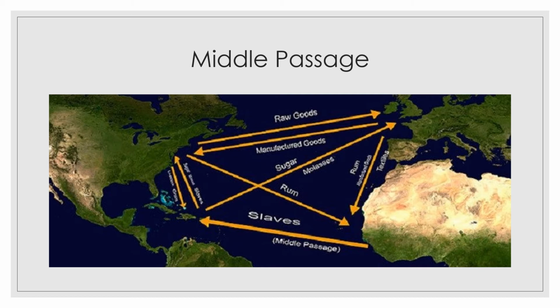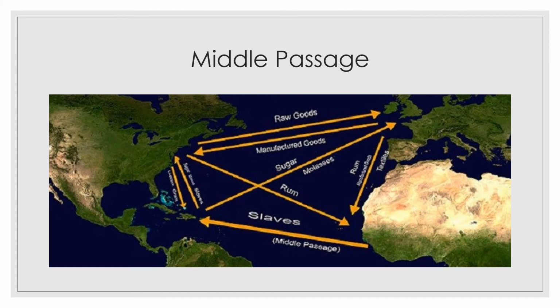So this is not unique to North America in any way, but the Middle Passage was a crucial part of the triangular trade. And I want to point out something that's kind of interesting as you look at all of these different routes. This commerce, these trading routes, all consist of some type of connection to slavery. So when we think about the Middle Passage and slaves being brought from Africa to the New World, in the New World, whether they're working on a sugar plantation in Barbados, or rice in South Carolina, or tobacco in the Chesapeake,